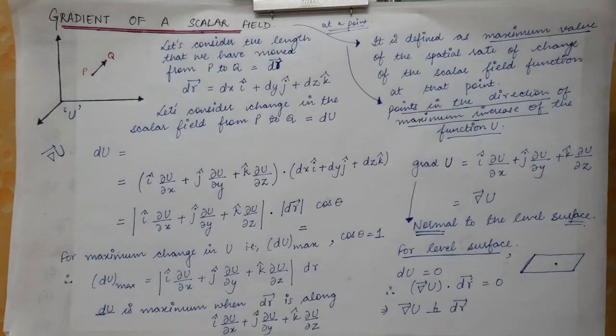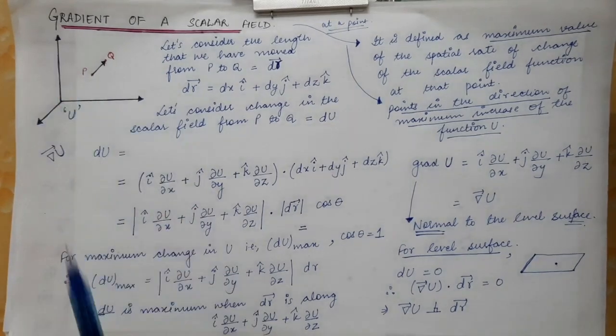In this lecture, we are going to study what is a gradient of a scalar field. So we have studied what is a divergence of a vector field. Then we saw what is the curl of a vector field. So now we are going to study what is the gradient of a scalar field. A scalar field is just a scalar quantity in space. In space, every point will have a unique value of a scalar quantity. That will be called a scalar field.